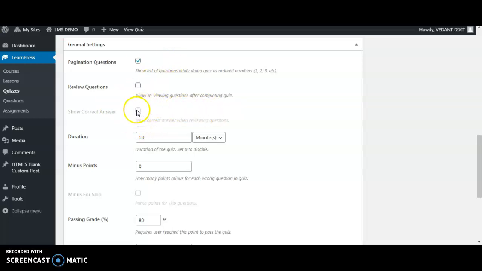So we would recommend that you don't take the review question setting as of now. Let the children complete their quiz and maybe the next day you come over here and give the review option, so that the next day the students can check out the answer keys or where they went wrong in that particular quiz,